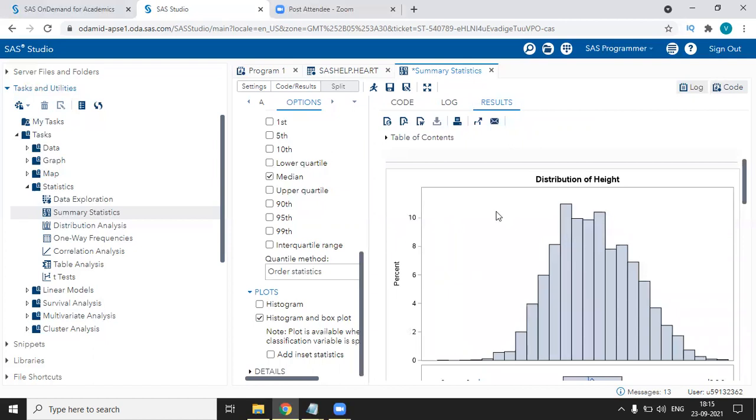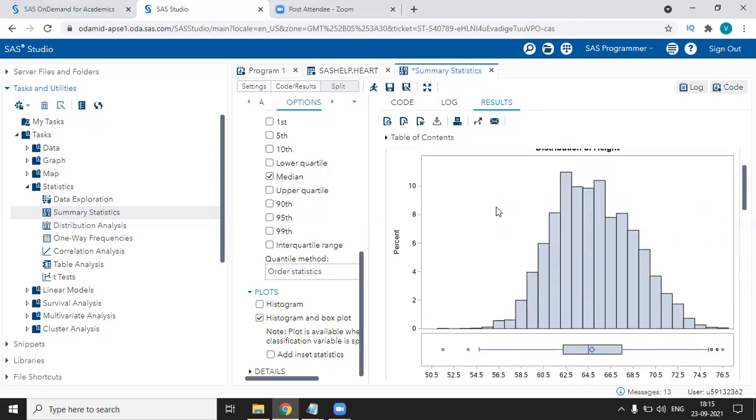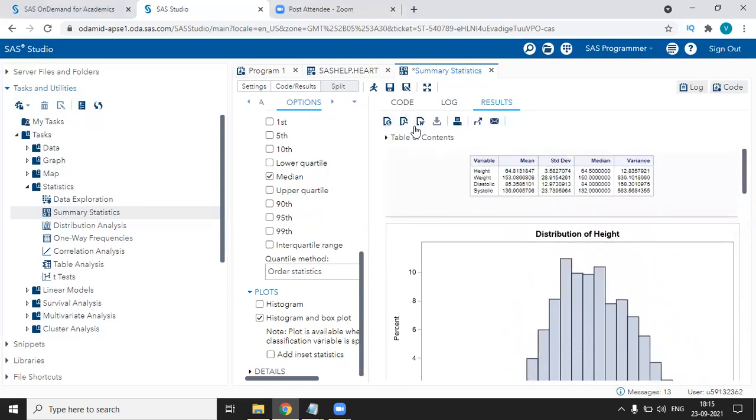You can see when you right click on this graph, there is no option coming up to copy this diagram. So for that, in this above section, when you hold the cursor, you can see this is for downloading as an HTML file. The second one is for downloading as a PDF, and the third one is for downloading the Word file.